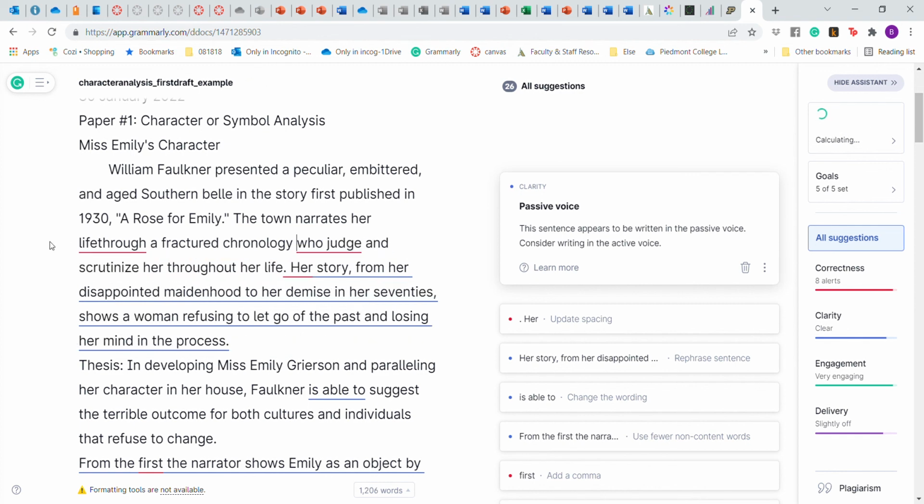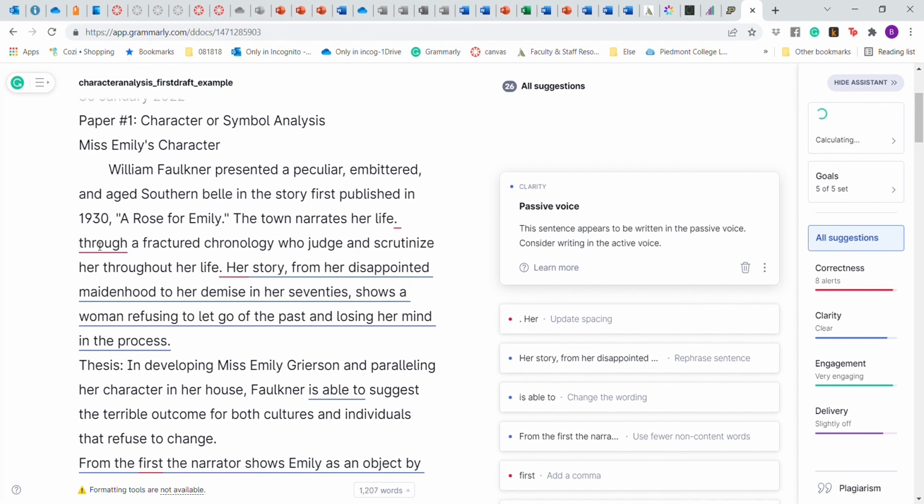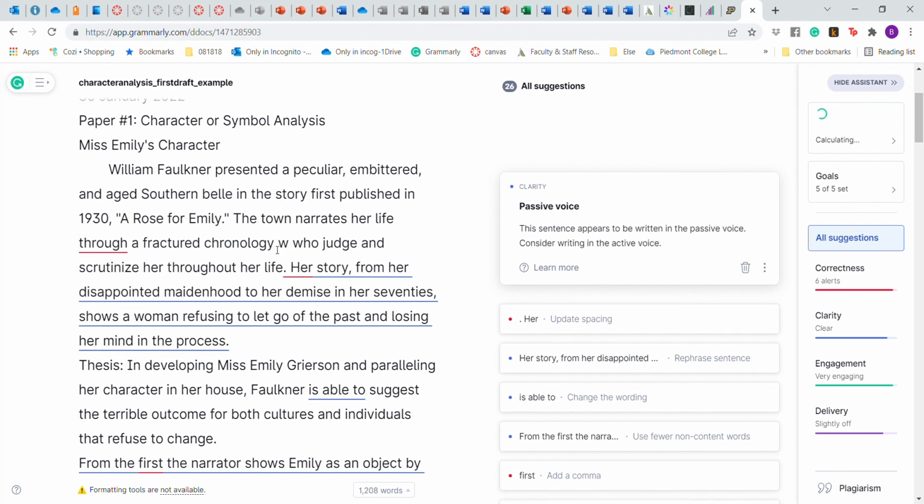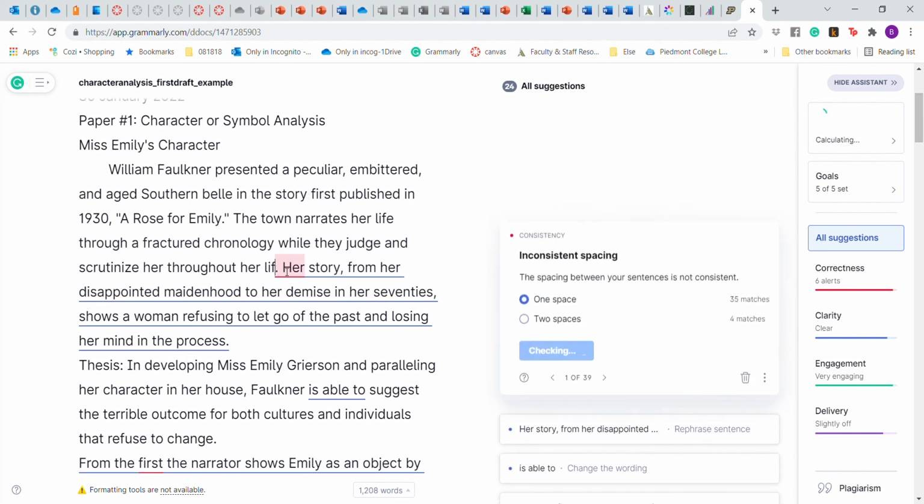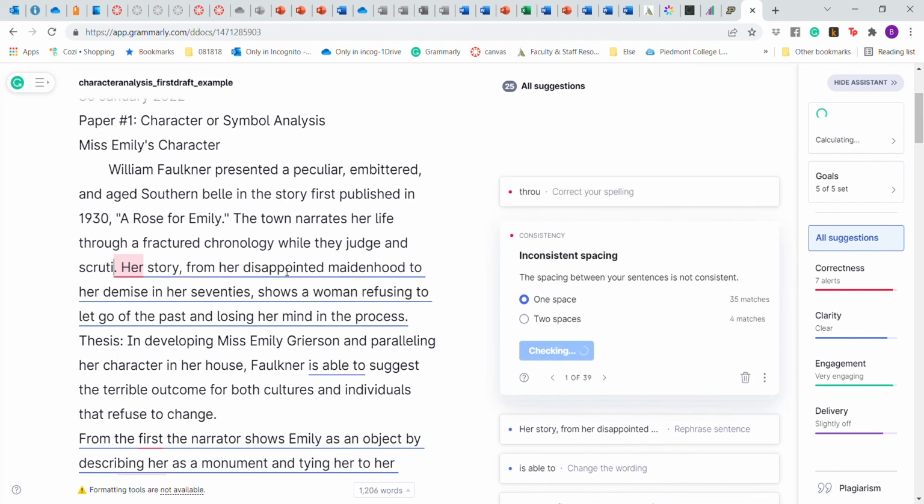And I've created more problems for myself, right? So, fractured chronology. While they judge and scrutinize her. And that probably needs some